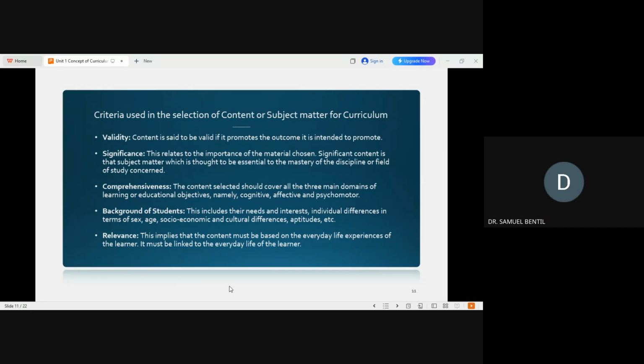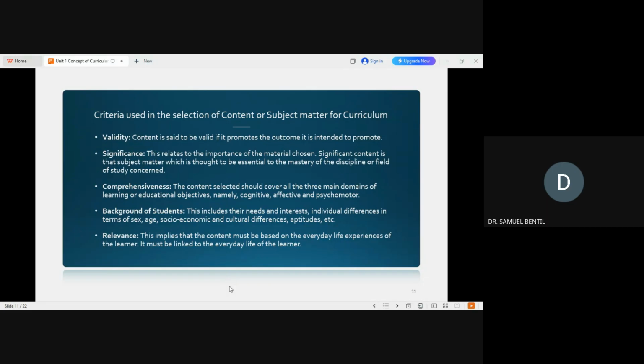And one of the criteria in the selection of content or subject matter for curriculum development, you see, when we are developing a curriculum, after we are done teasing out the aims, goals, and objectives, the next thing is what content will help us, what subject matter are they supposed to do that will help us to achieve these aims, goals, and objectives. So, for example, you want to be trained to become geography teachers in the senior high school. We have to use our aims that by the time you go through this program, we should be able to train geography teachers who can teach various aspects of geography effectively and efficiently.